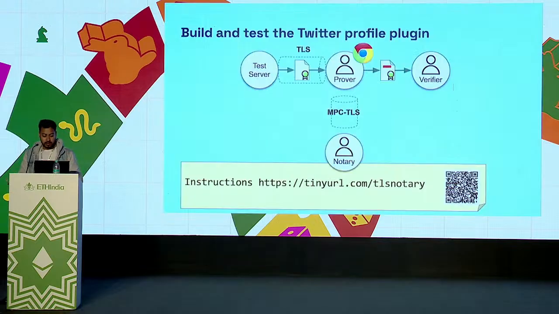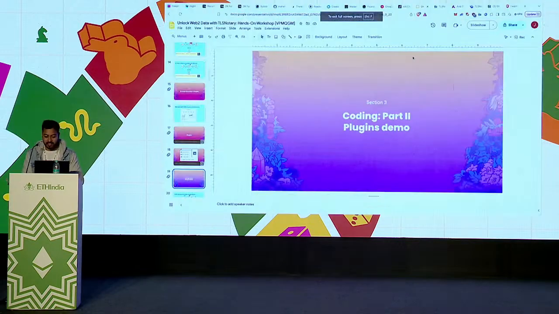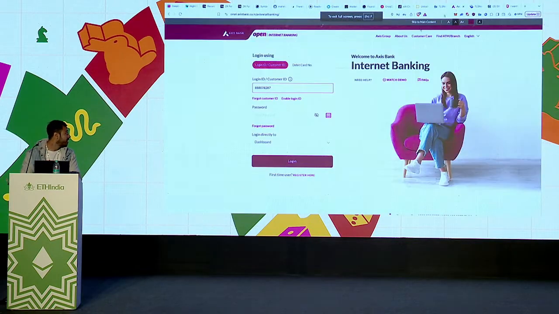Okay, so demo. I will try to do a live demo if I have good internet. This is the plugin that I made for Axis Bank, which proves that I actually own an Axis Bank account.